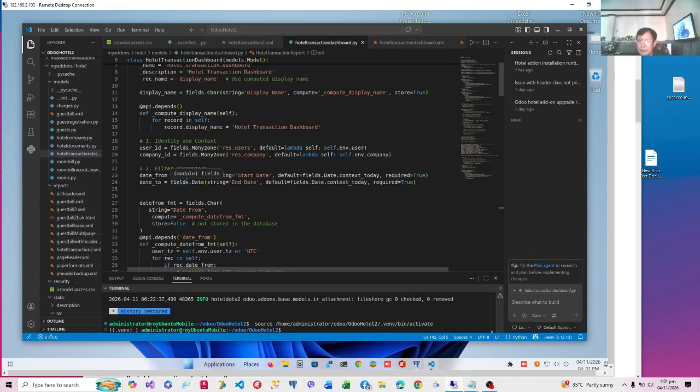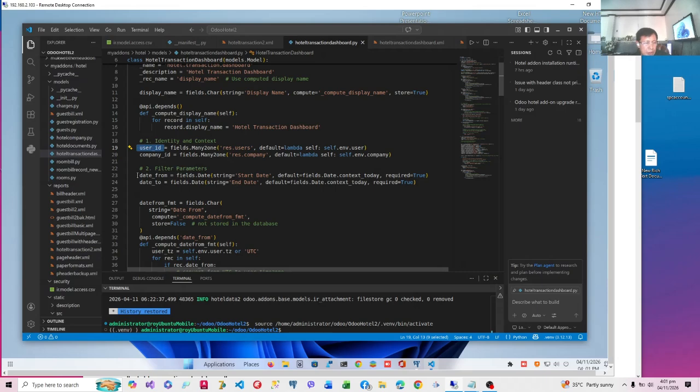The purpose of this model is just to be able to use a field in a form view to ask for the parameters of the report. Now we associate it with user ID, so that only one record belonging to a particular user in a certain company will be recorded in the parameters. So although this is not transient, it will not occupy so much, because one user will only use one record. If you have 10 users, there will only be 10 records all throughout the lifetime of the application. So there will be no more than that.